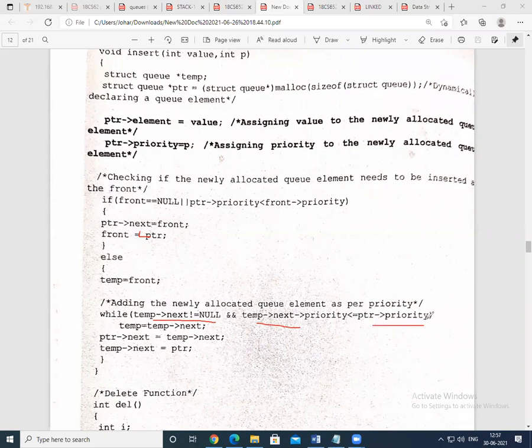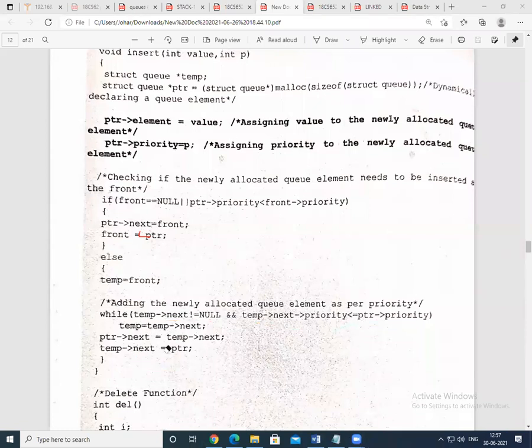It is just to show you that as per the priority you need to swap. So the program is quite complex compared to the other programs. See how you swap: you copy the temp of next to the ptr next, then you place the ptr to the temp of next. This is just to swap the priority in the program.